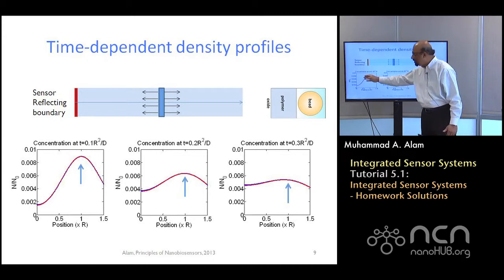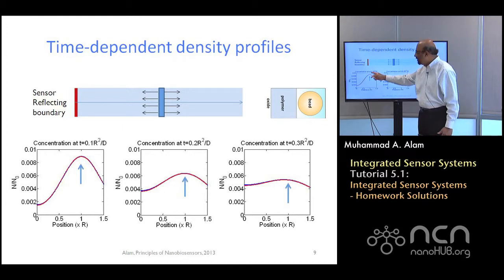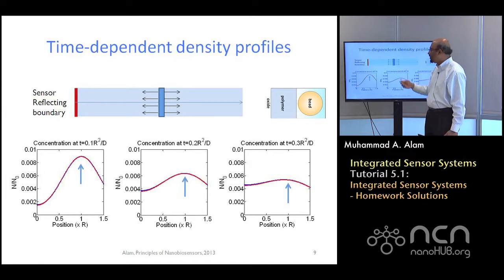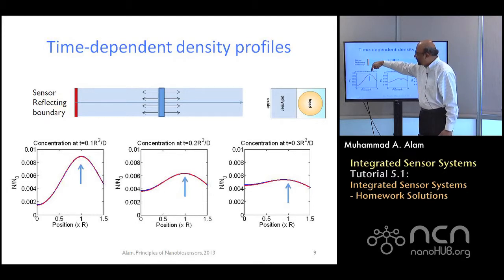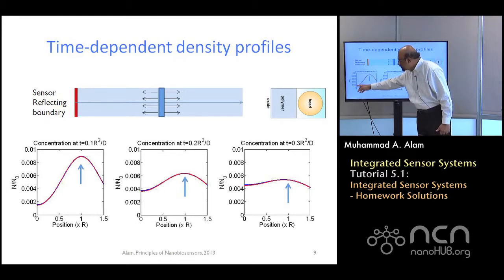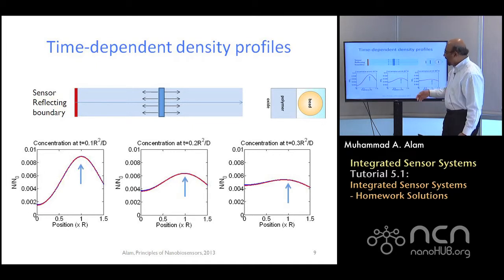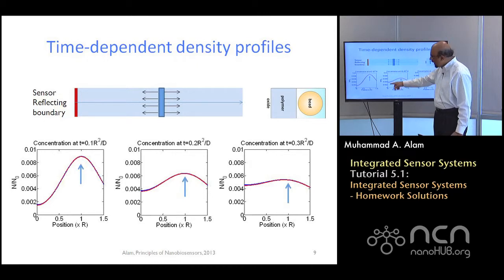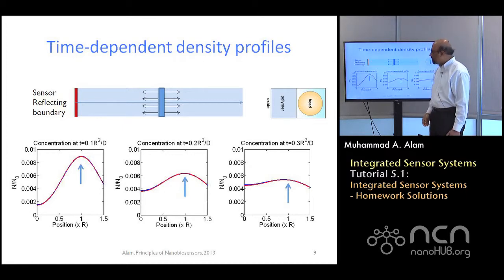So this is the concentration of the biomolecule. So you inject something here, and within 0.1 r square over D, some time constant, where r is from the sensor to the injection point, you will see that the peak, which was a delta function, has gone down, and there is a tiny amount of biomolecules or protons which has reached the sensor surface. As time goes on, these are time snapshots. You see the peak will gradually go down, and there'll be more and more molecules reaching the other side after